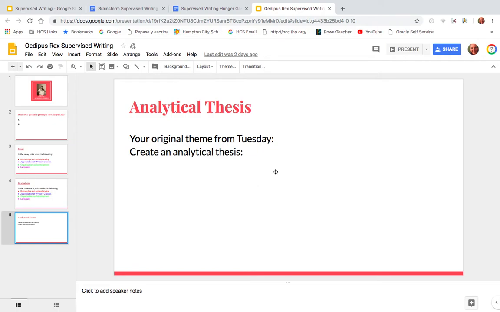Once you have done that, the best way to prepare for supervised writing is to practice. So come up with your own prompts, kind of guess at what I'm going to do, and then give yourself 50 minutes and see what you can do in 50 minutes. And it will certainly help. You shouldn't do this 10, 15, 20 times, but do it a couple of times so you figure out what is a comfortable format. Am I going to write an essay or am I going to do a brainstorm? So find the comfortable one, and also it's less anxiety to do it on your own before you get to class on Monday and do it in class for the first time.